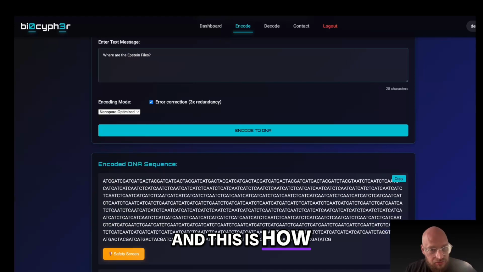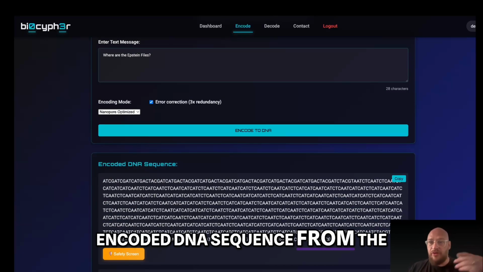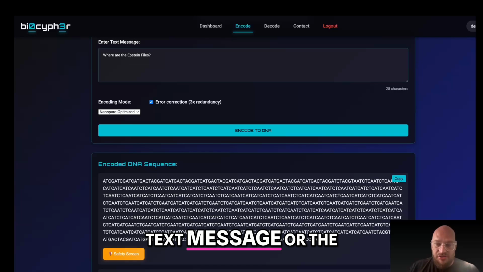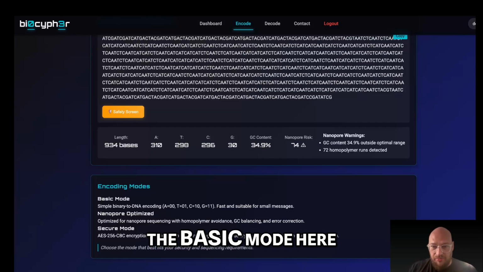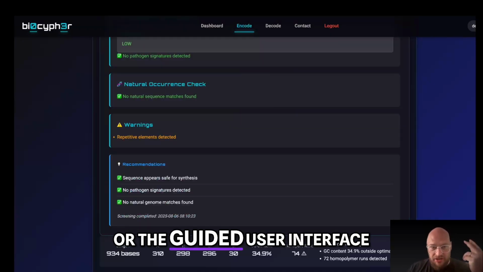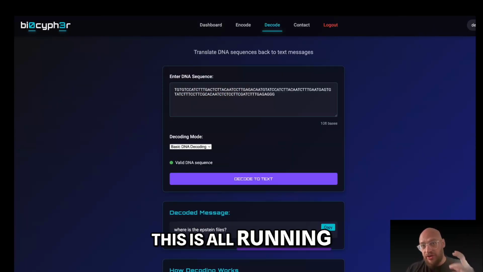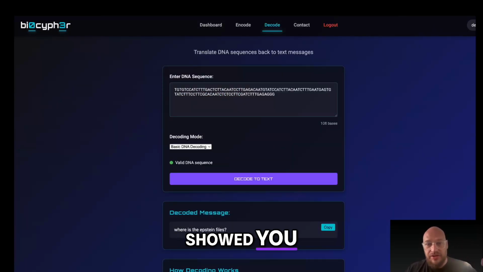Okay, and this is how this all works, right? So you see the encoded DNA sequence from the text message up front, and it shows all the basic mode here. It does a safety screen in the GUI, or the graphical user interface, gives you the information. And then when you want to decode, this is all running on that terminal. The terminal I just showed you, it's there, so you can decode the